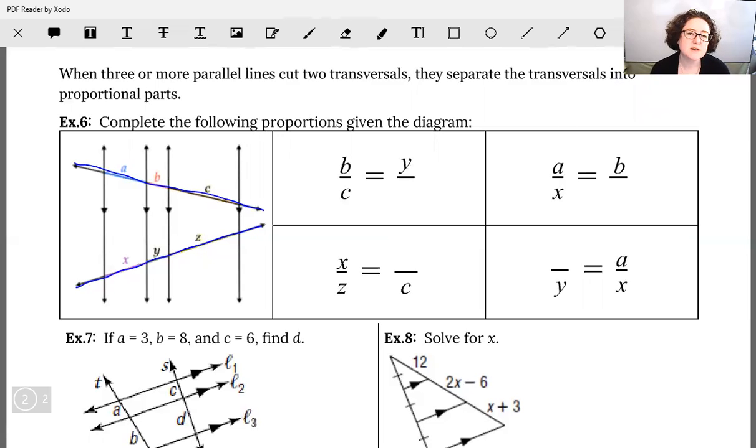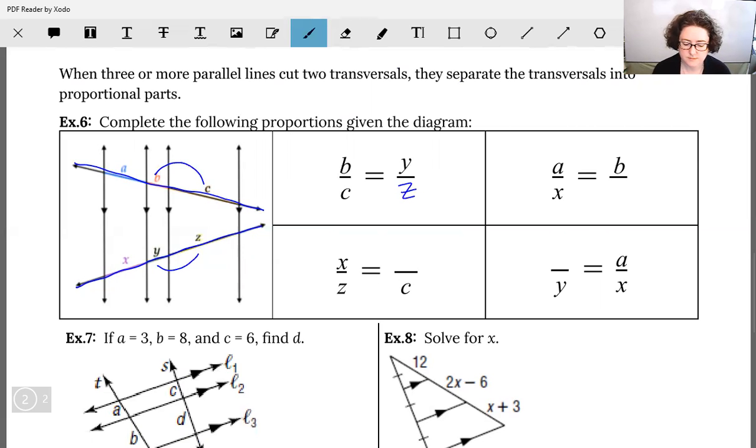So even if it's not a triangle, but you still have parallel lines and they're cut by two or more transversals like we have here, the top line and the bottom line, those are transversals, the diagonal ones, then all the pieces are going to be proportional. There are a few different proportions that we could set up. If I compare in the first one, B compared to C, I need to go in the same order, just on the other transversal. So that would mean Y compared to